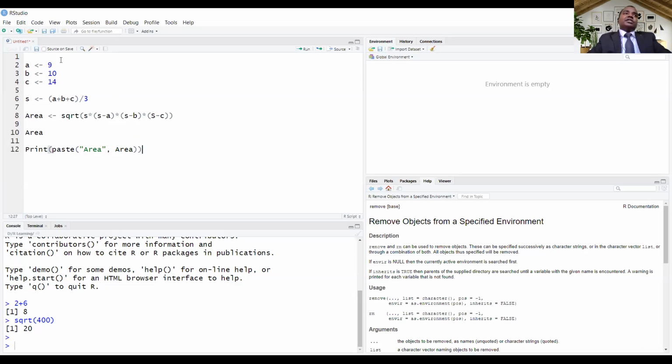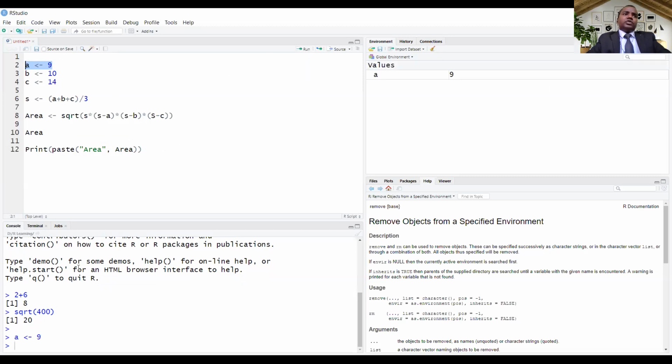What is happening? Let's see. For running the code, you can select your first line, a assigned 9, and click your run button. Here in the console we can see a is assigned 9. Then second, we will assign the value to b.